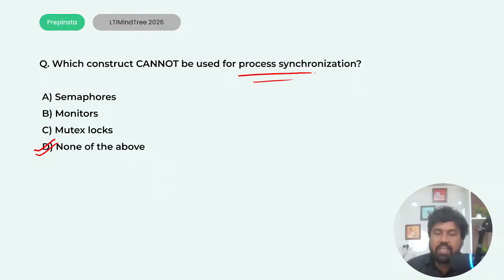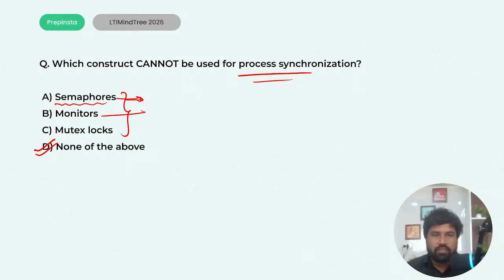The process of synchronization ensures that multiple processes or threads can safely access shared resources without any conflict. This is synchronization, right? For synchronization, all these three are valid synchronization mechanisms. I will tell you so that you can learn and remember and attempt in the examination. Semaphores are classical synchronization tools, counting or binary semaphores. Use them to control the access to shared resources. So simply remember, semaphores are nothing but control of access to shared resources.